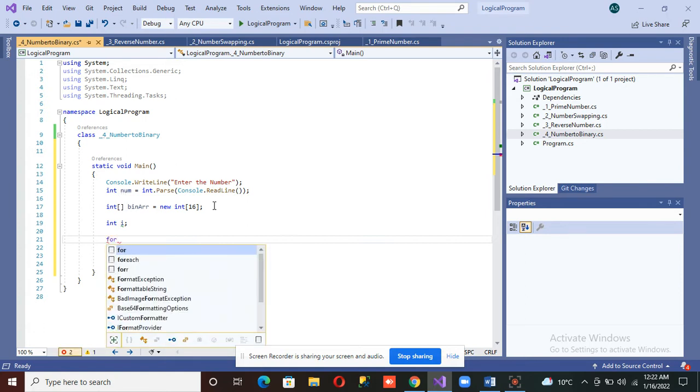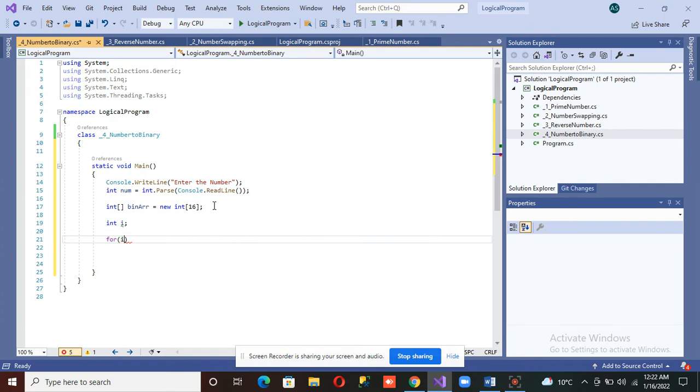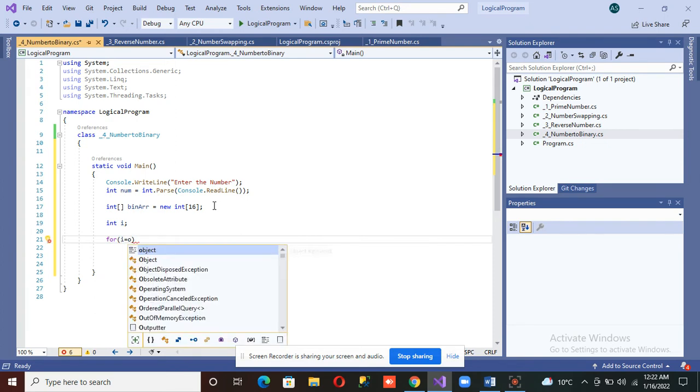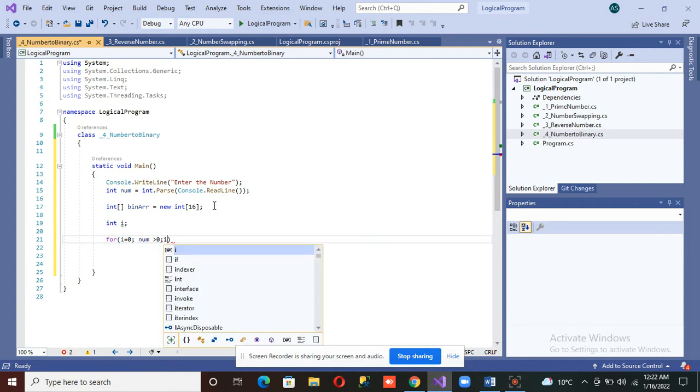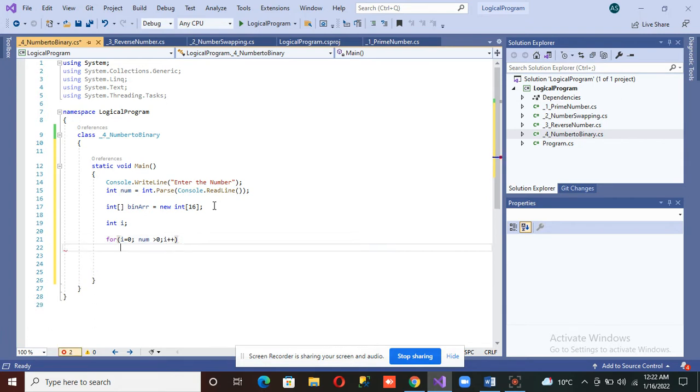Okay, let me run a loop. i is equal to 0, while num is greater than 0, and then i plus plus.